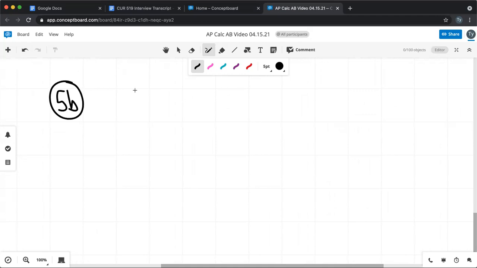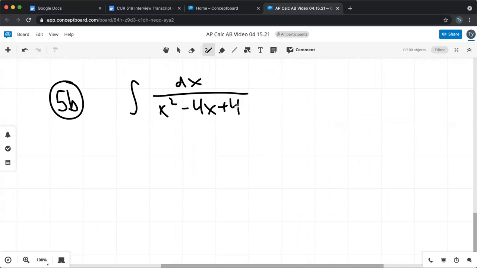5b now is asking us for the integral of dx over x squared minus 4x plus 4. Now again, we can look and say, maybe we want to use U-substitution. And it turns out that, well, the only real term we see here, we have 1 times dx on top. That's not much to work with. We have x squared minus 4x plus 4 on bottom, right? But when we make that our u,